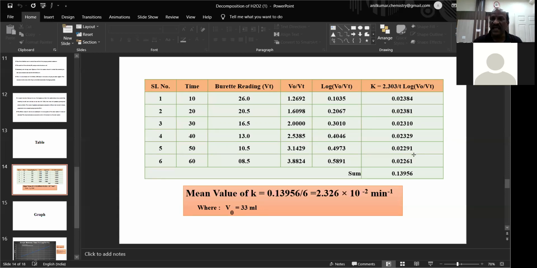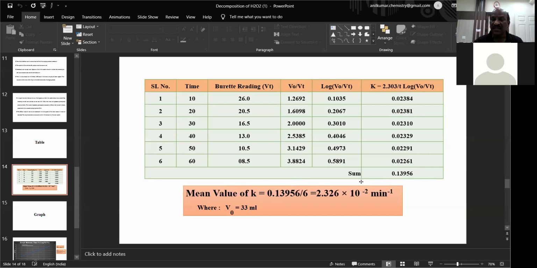Then we have to take the average. The average is of the six values: you add these six and divide by 6, and you will get the average. The value we will get is 1.3. By taking the addition here, you will get the total. From this total, the mean value, the average value, you have to take.